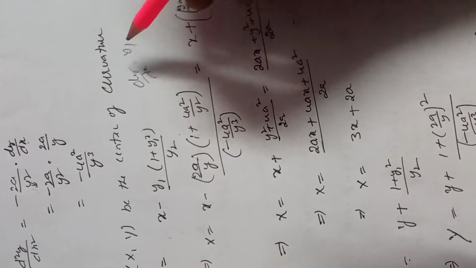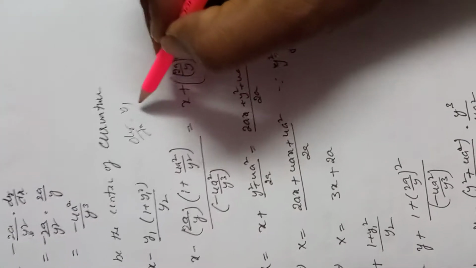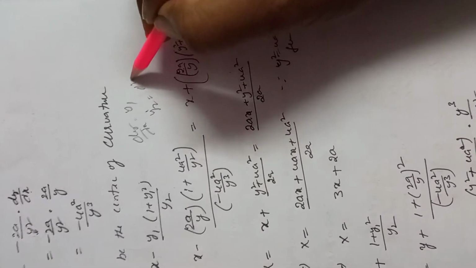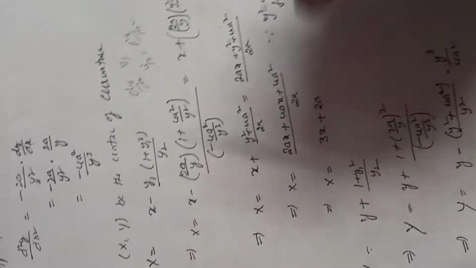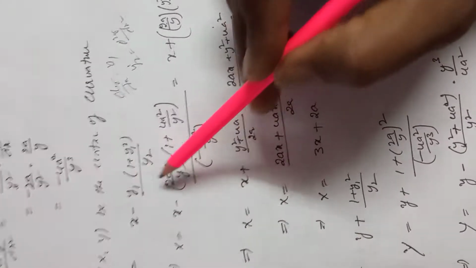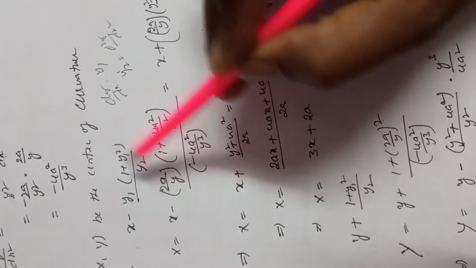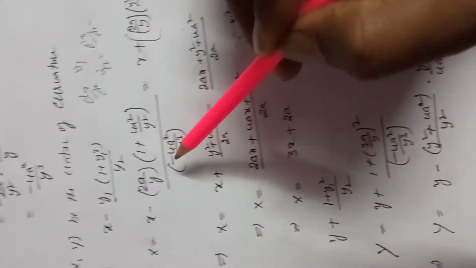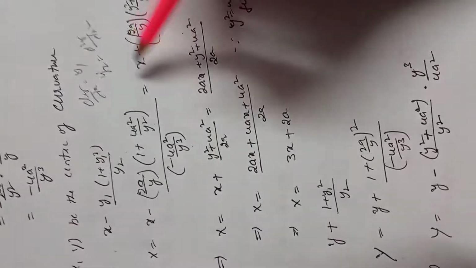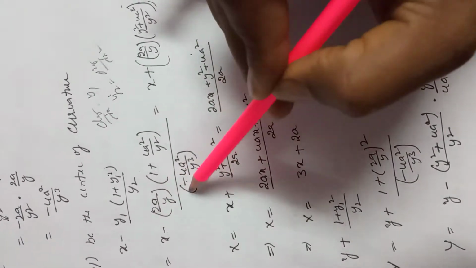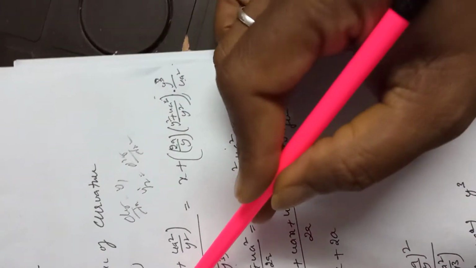Now y2 is nothing but what? d square y by dx square. Now we are substituting 2a by y into 1 plus y1 square, which means 4a square by y square, by y2 is minus 4a square by y cube, that is equal to this minus minus becomes plus, x plus 2a by